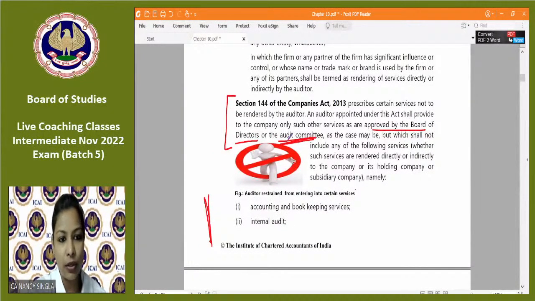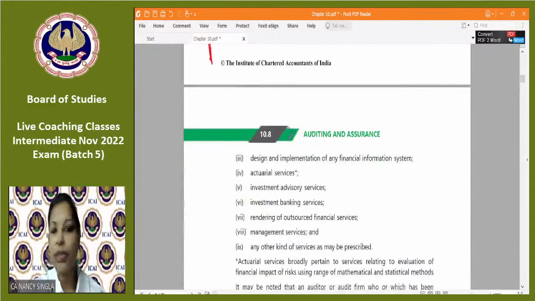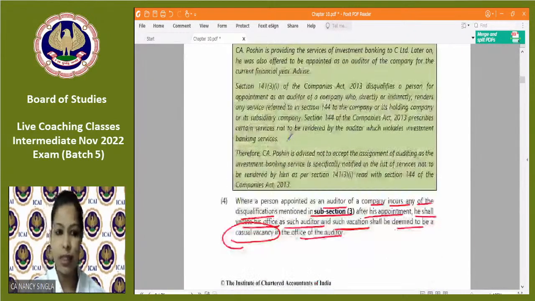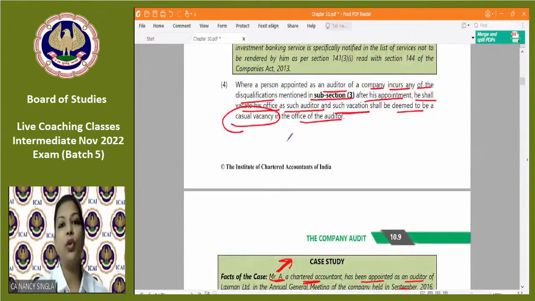कौन कौन से सर्विसेज prohibited and the CA is not allowed, cannot render these services directly or indirectly, किसको, कंपनी को भी, होल्डिंग को भी, सब्सिडरी को भी, अकाउंटिंग एंड बुक कीपिंग, इंटरनल ऑडिट, डिजाइन इम्प्लीमेंटेशन ऑफ फाइनेंशियल इंफॉर्मेशन सिस्टम, एक्चुरियल सर्विसेज, इन्वेस्टमेंट एडवाइजरी, इन्वेस्टमेंट बैंकिंग सर्विसेज, आउटसोर्स फाइनेंशियल सर्विसेज, मैनेजमेंट सर्विसेज एंड एनी अदर सर्विसेज, ठीक है, क्लियर है।